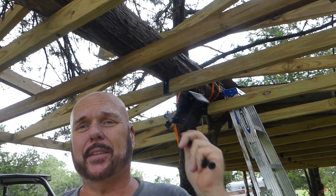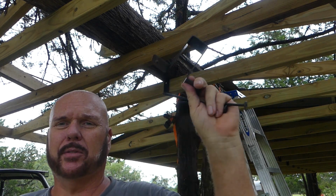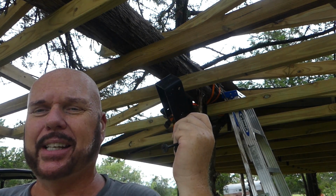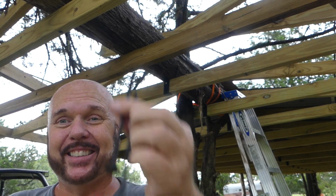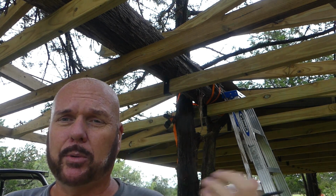All right, now that I've got the truss in there, tied to both ends of the rafters, the fascia board, I'm going to go ahead and take these and mount them. I need one on each truss that I haven't completed yet. And I just drill that out so I don't split the wood. And that cedar is hard, so I'm using, I guess these are 6 or 7 inch lag bolts